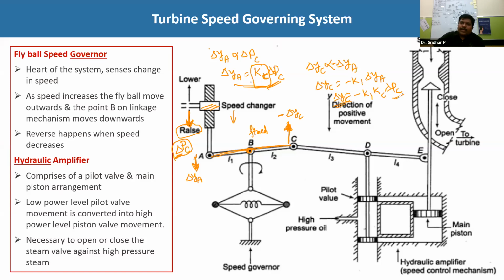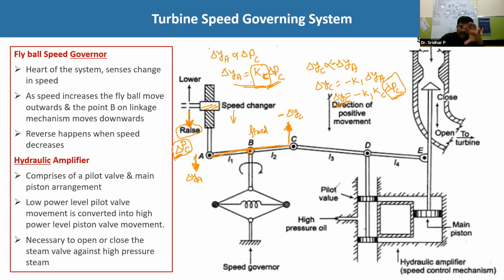Actually, what is the input here? In this one, what is the input? The input is delta PC. See, finally, what you have to develop is the mathematical equation, that is the transfer function, which is also equivalent to the block diagram representation. If you want to represent a block diagram equivalent, it should have a mathematical equivalent, the transfer function, and inputs and outputs. So you have to identify the input and output first. What is the input now?